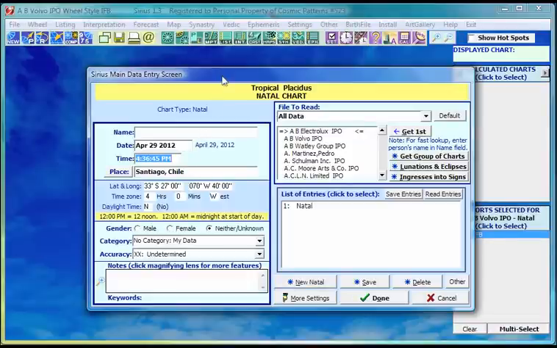So daylight time is not stable. It's very unstable in many countries. By that I mean it keeps changing. So if you have Kepler or Sirius, we have an update link that we can send you, so that you can update your software. I recommend doing it about once a year in case you do babies or current events, right? So even if you live in the United States and it's unlikely you get a baby born in one